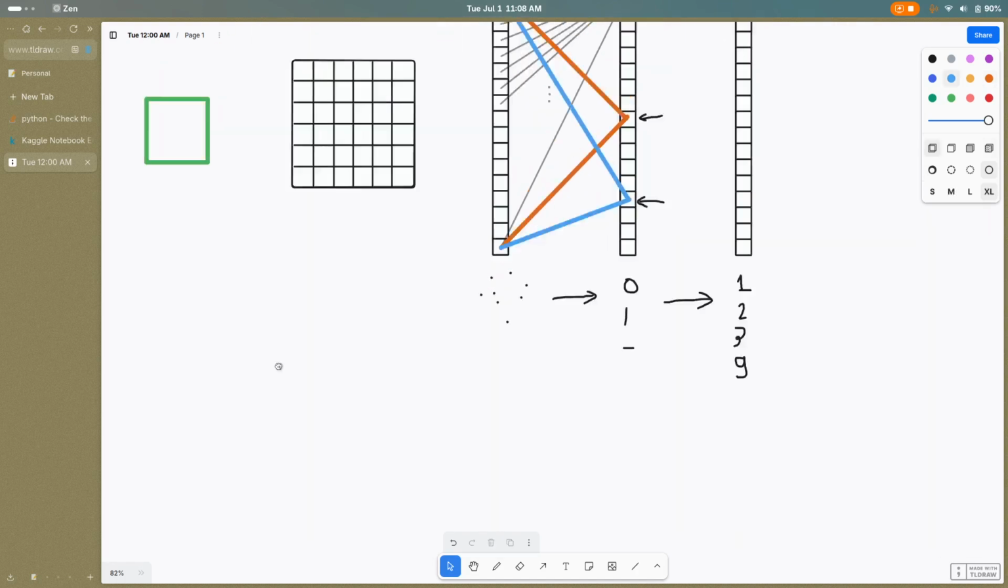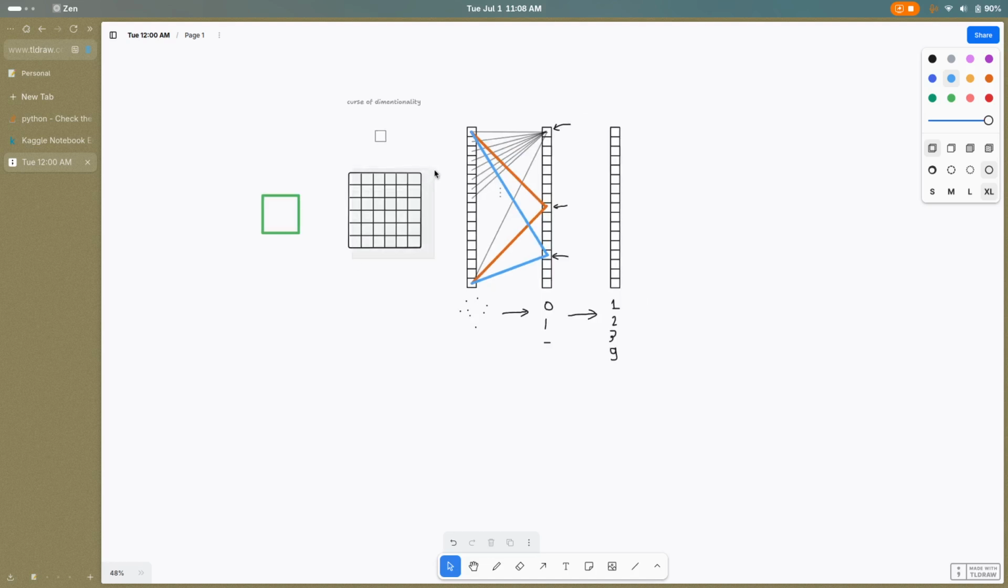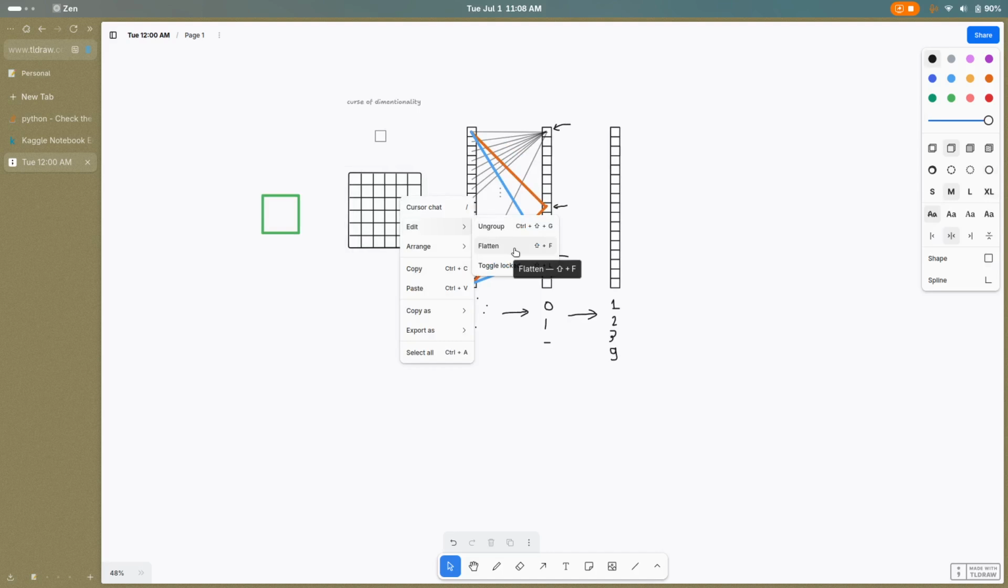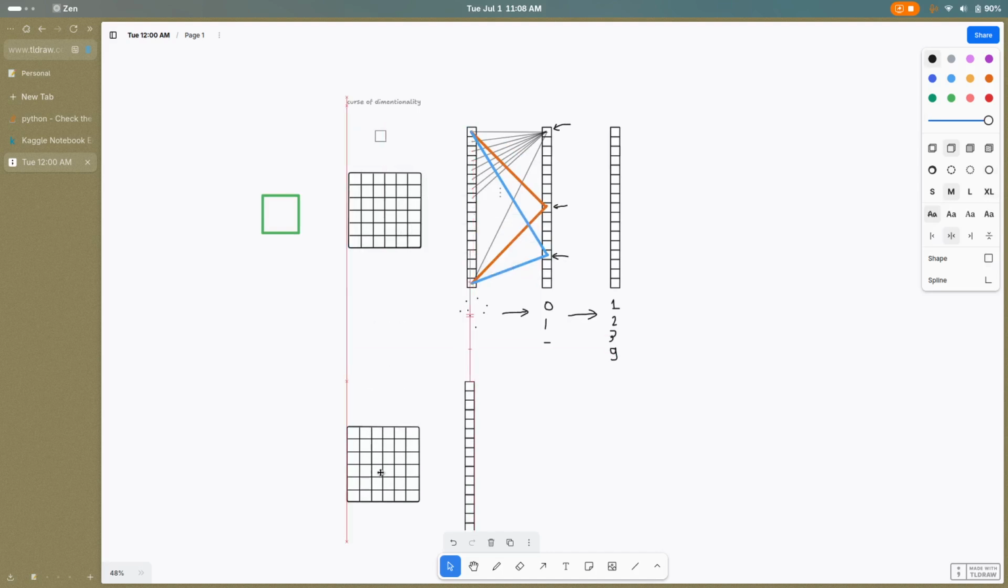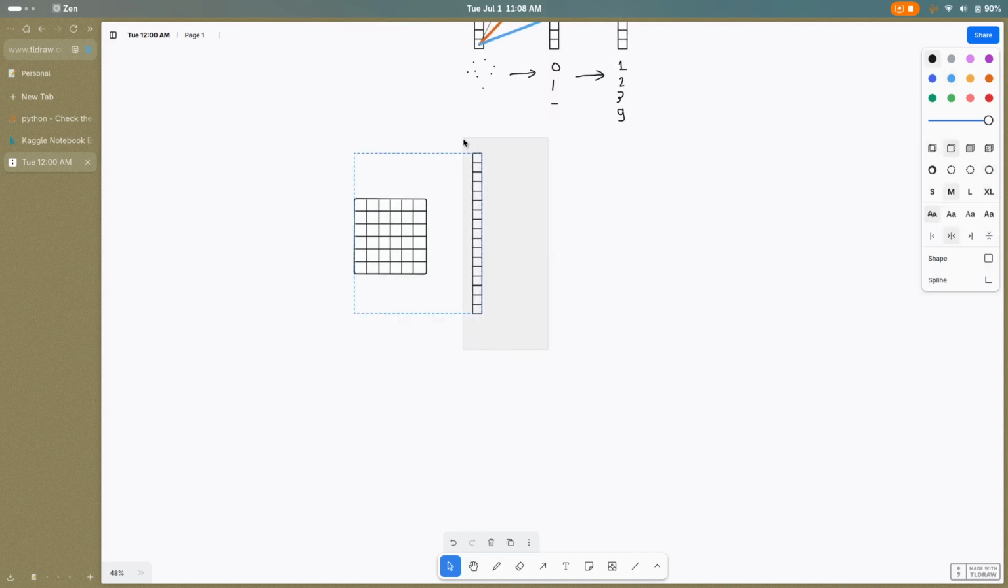So when we get to convolution itself, we should get started with the terminology. So instead of a dense layer,